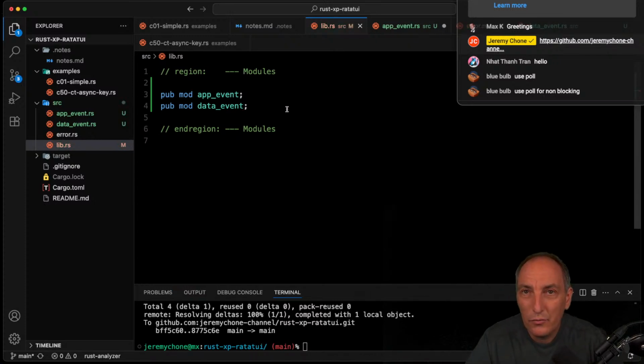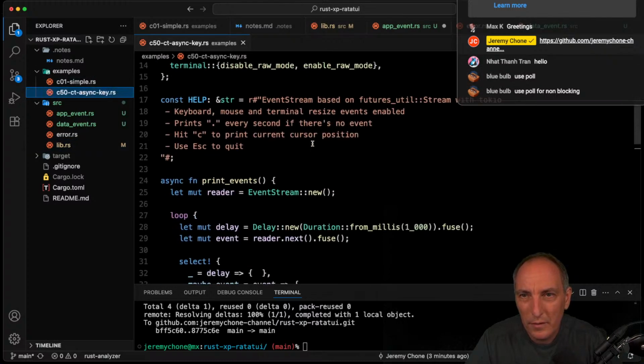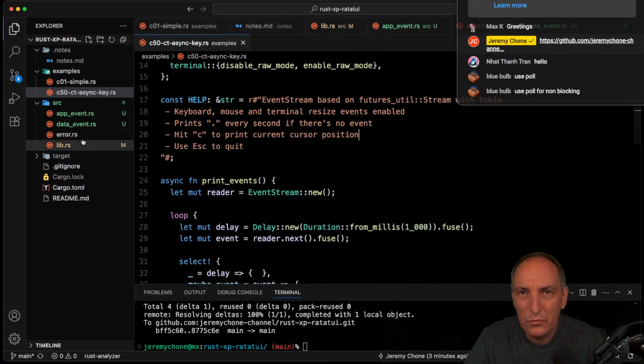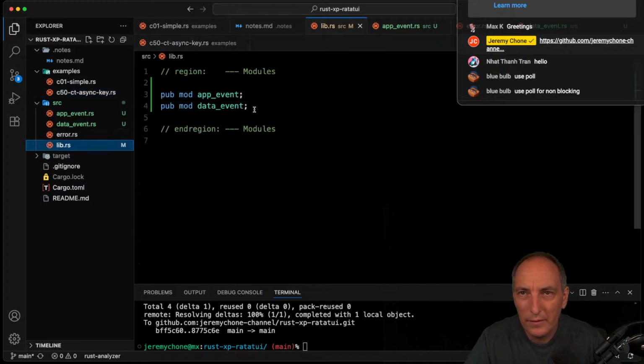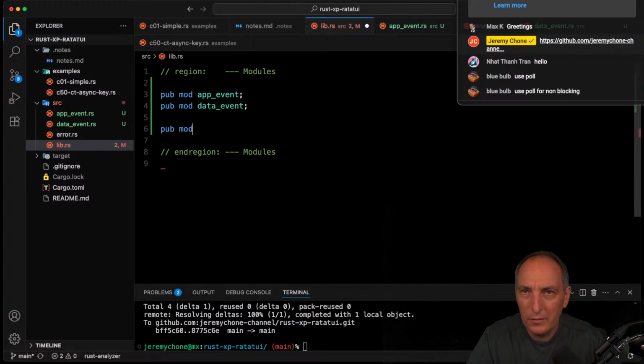Now, what I'm going to want is that construct over there, which is, so this is a little bit more of an experiment. I'm already kind of creating a little bit the libraries that I want to have. And then I can come back later to do the things. But this is kind of important because that is kind of the model I want. And so I'm going to have mod events, and then I'm going to have, we're going to call pub mod